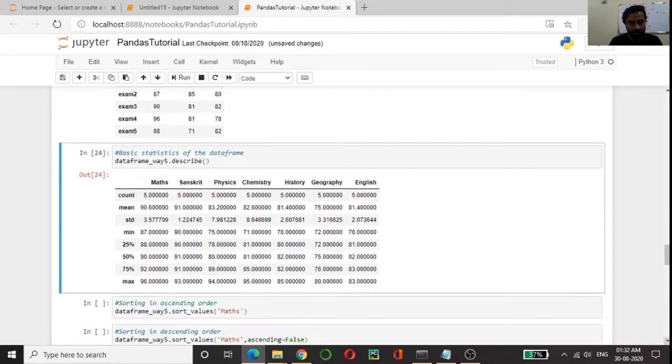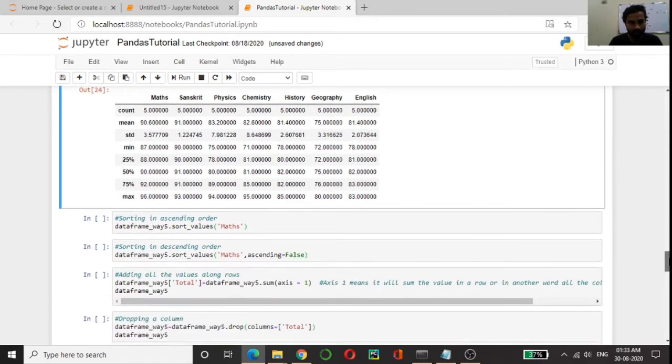You can see it describes the whole data frame: the mean of each column, standard deviation, the minimum value, the maximum value, and the values at 25%, 50%, 75%. So we can get some insight into what the data frame contains. This is very useful when we want to get a first insight into our data in any problem.